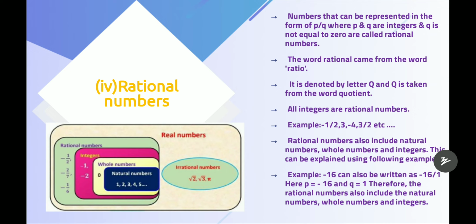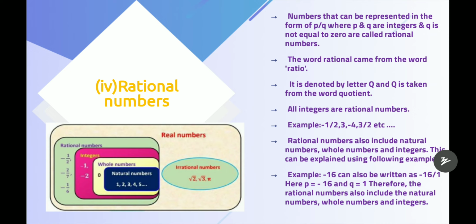And the word rational came from the word ratio. We've learnt about ratio, right? Fractions can be converted into ratios. Ratios can also be converted into decimals. We've learned this in the 8th class. So rational numbers are denoted by the letter Q, and Q is taken from the word